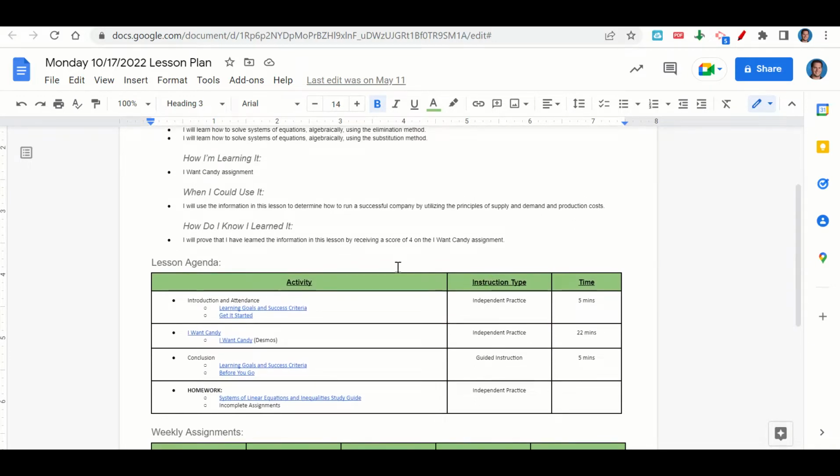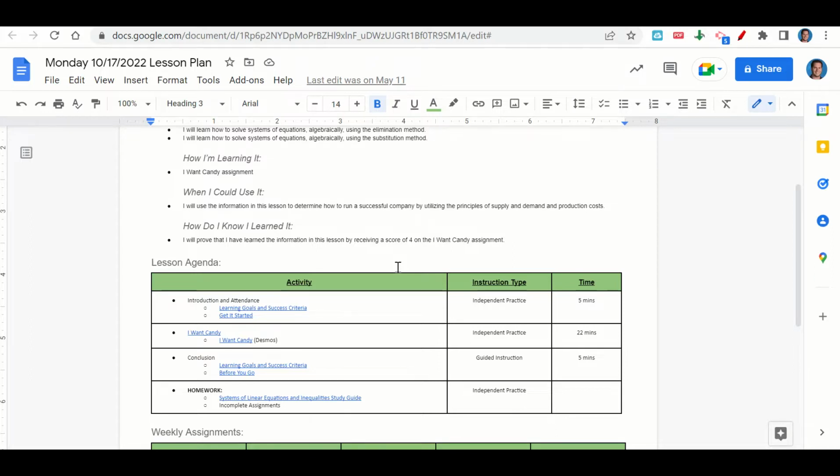Now let's take a look at our agenda for today. We will begin by going over the learning goals and success criteria. While we do that, you'll fill out your Get It Started. After that, I'll give you time to complete the I Want Candy assignment on Desmos. At the end of class, we'll go back over our learning goals and success criteria while you fill out your